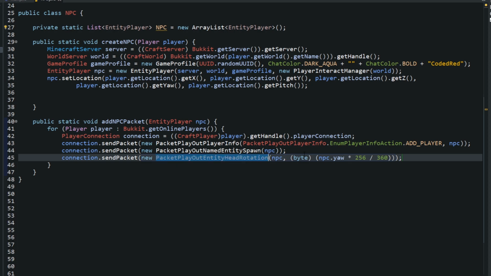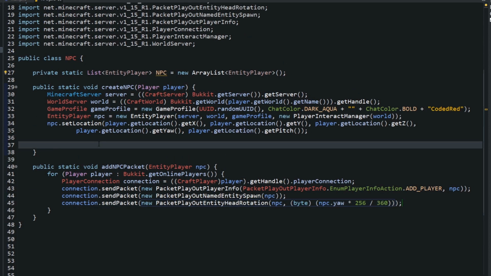And then, like I said, we're changing this data from the NPC into byte data. To do that, we have to times it by 256 and divide it by 360. We're using this a lot, so you'll remember that 256 and 360. Pretty easy. And then up here in the first method we have, all we need to do is addNPCPacket(npc). So we're just going to call this packet. And we are pretty much done.